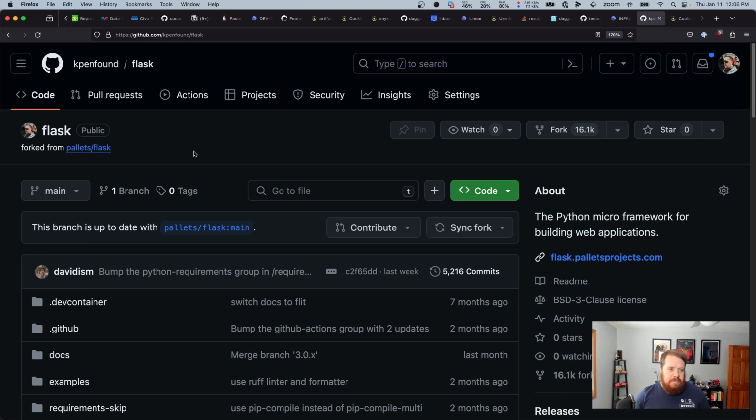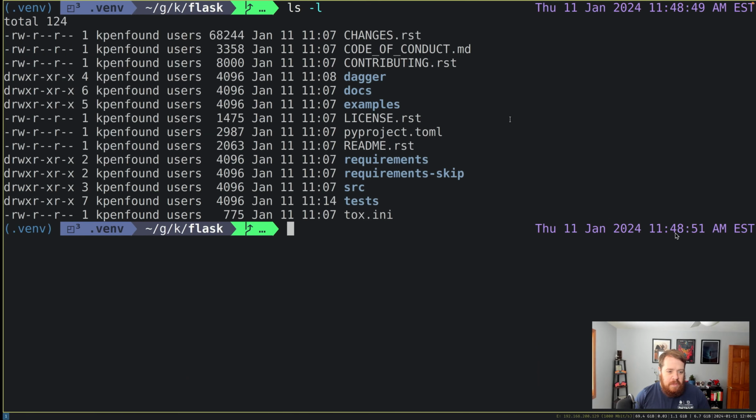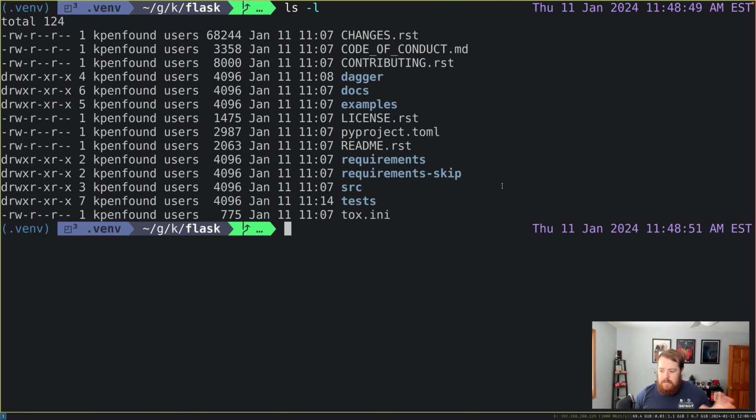So what I've done is I've forked the Flask repo. Flask is a popular open source Python project for building web apps. So over here I've got my forked repo. Hopefully you can see my terminal now. And then I've created within this a Dagger directory, and that has my module for testing this application. So if we look at this